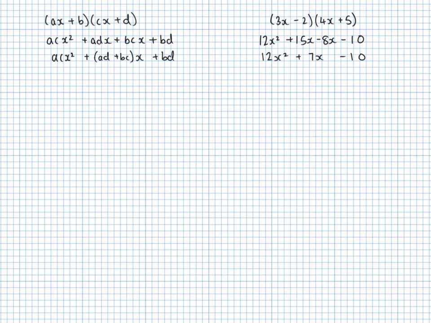The other way you could have thought about this is if I was to factorize the x from these two middle terms, I will get ad plus bc. Just check: x times that will give me adx, x times bc will give me bcx here. Okay, now for our method, we say that when we multiply the coefficient of x squared with the constant term here,